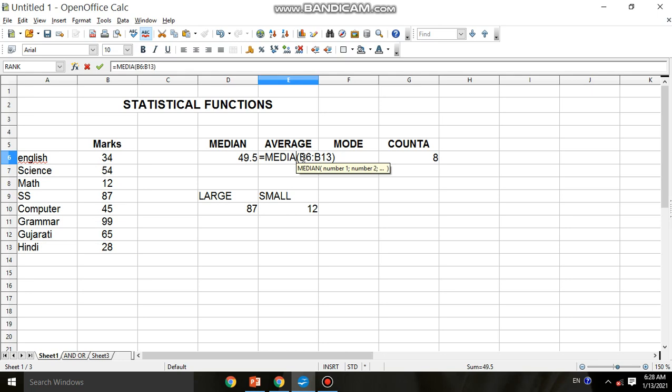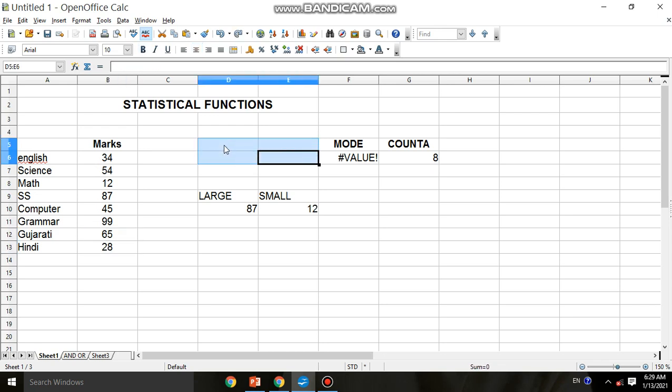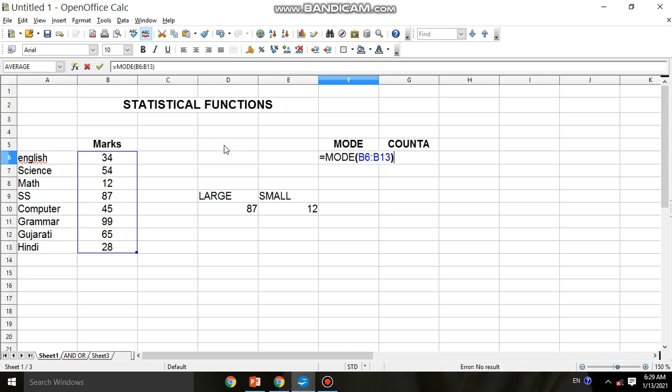Next we have the median function. So from this given range, whatever average, you can see the average is changed. So from the given range, average as well as median, you can find. Remember, all functions start with the equal sign.